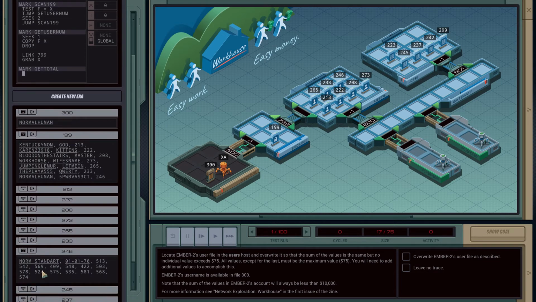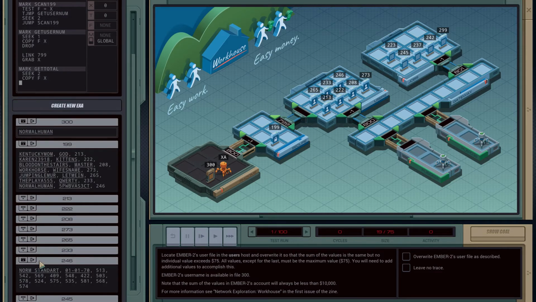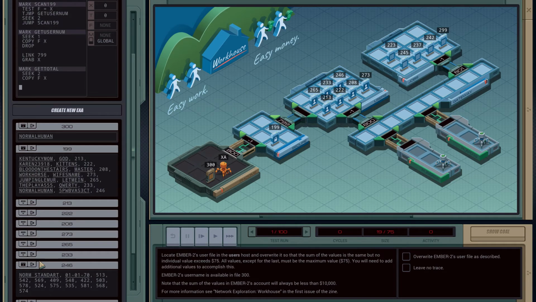So we're pointing at norm standard. First thing we do is seek 2 to get past the date. Then copy fx. And now we need to see while not end of file, do stuff. So let's go ahead, mark accumulate,